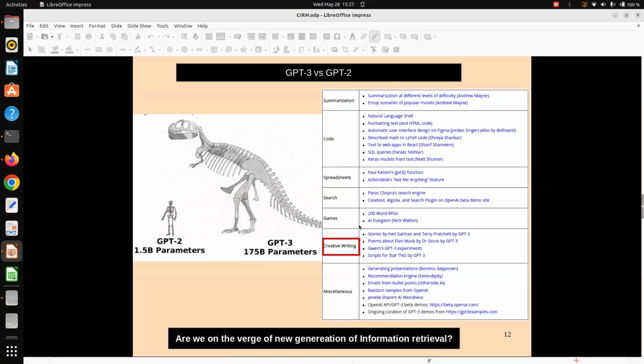what GPT-2 could not even imagine is now possible through the GPT-3 model with this huge amount, billions of parameters. That is creative writing. You can ask that this is the topic, or these are the first two lines, you complete this poetry, or this is a particular plot, you complete the short story.